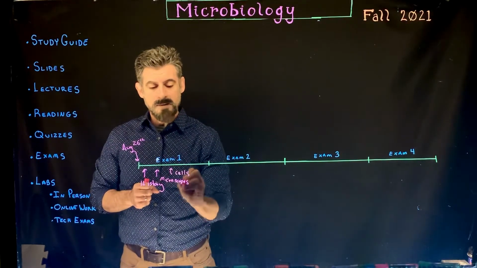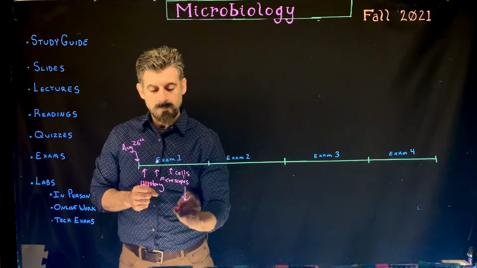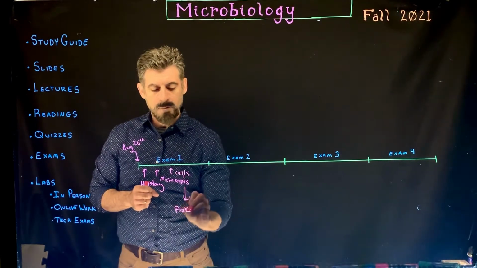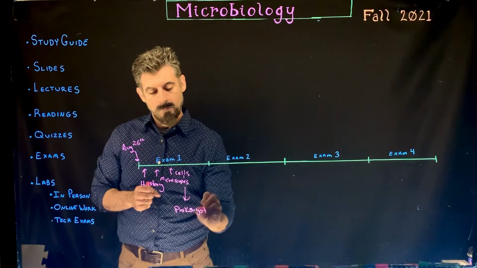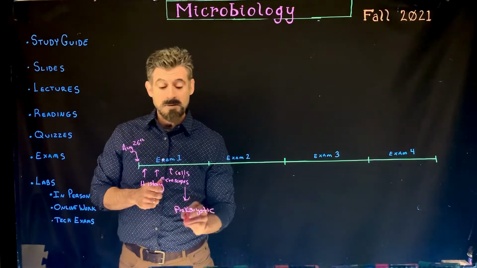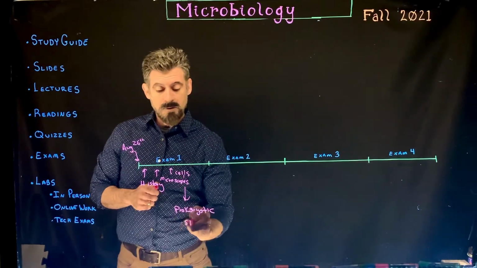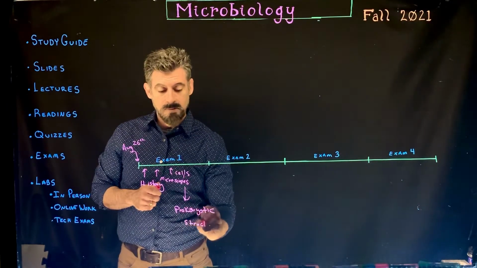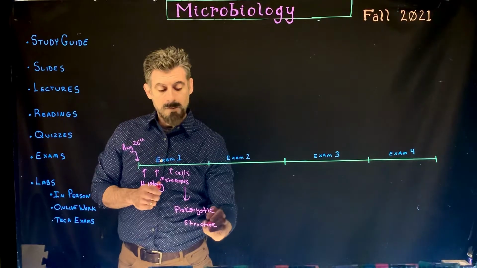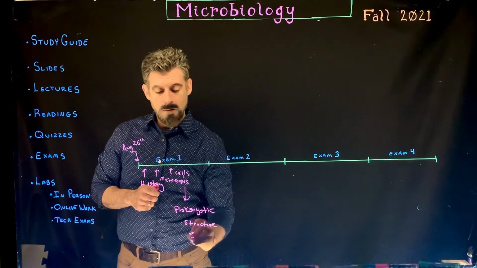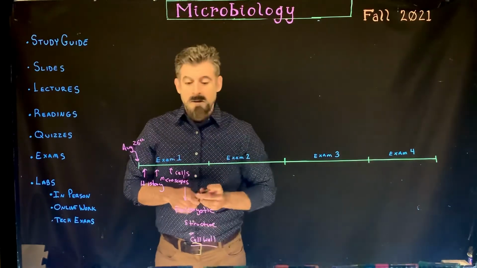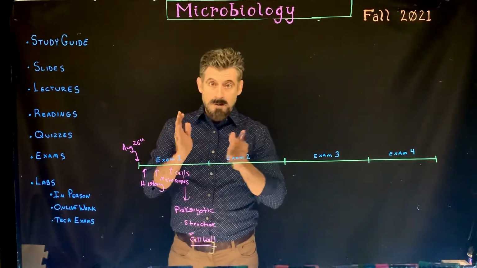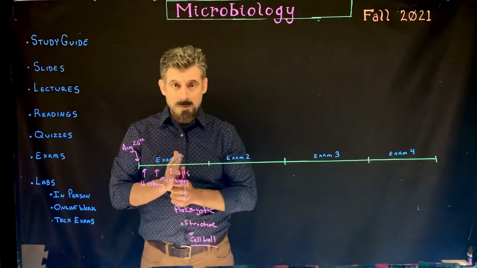And then we get into the cells themselves, which in our class are prokaryotic cells, or bacterial cells. And so here we're going to look at a lot of the structure. And one of the main structures we're going to look at is the cell wall. So you're going to need to know the chemical composition of the cell wall, the arrangement of the cell wall,